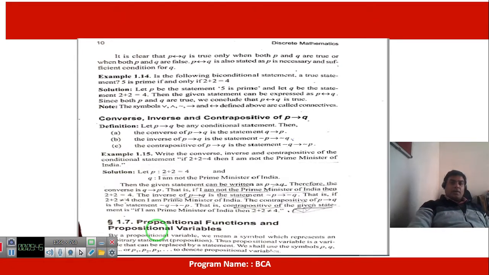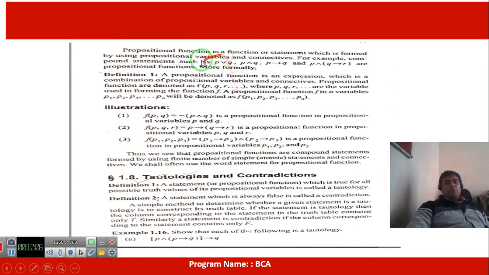We cannot write the sentences every time we want to use them in the premises, so we will assign some variables. This is called a propositional variable. They are called P1, P2, P3, or P and Q and R, just like that. The combination of these variables by the logical connectives is called a propositional function. The variables are called propositions and the functions are called propositional functions.